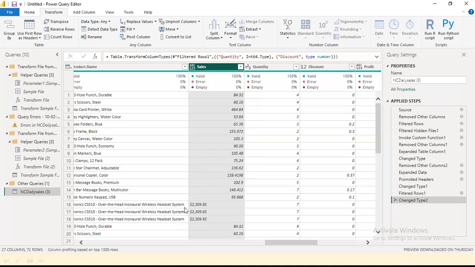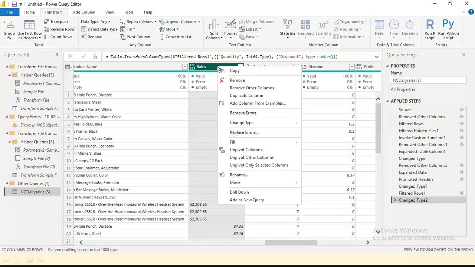But the challenge here is we have another issue. Here the dollar sign was combined with the numeric value. So the dollar is a kind of text data. Even if you have one text value in your numeric column, the entire column will be considered a text data type. So to handle this, the only way out is to remove this. But if I remove it, it will show lesser sales. What I do smartly, I keep the customer here, right click on it, and then I select